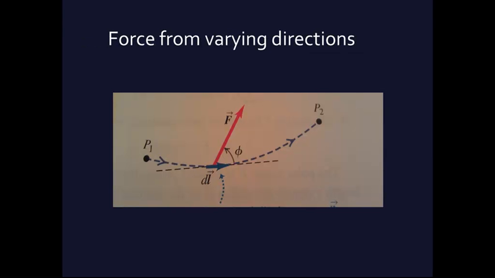Now, what if the force is coming from varying directions? Here we're going to have to do the dot product, which of course ends up being the force multiplied by the cosine of phi, in this case, or the angle. And so dl in this situation is the infinitesimal amount tangent to this line. If it's moving from point 1 to point 2 with varying directions, the force is not straight on, but the force is in some way at a skew, then at any one point the force is going to be the F amount times the cosine of phi here, and of course